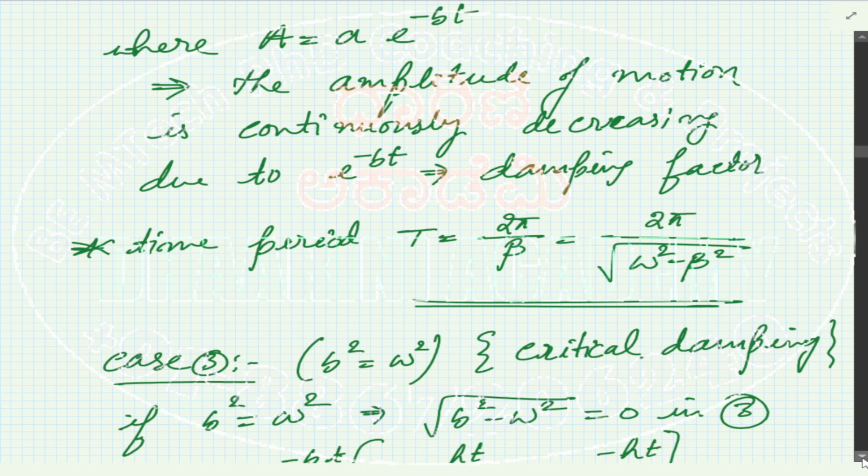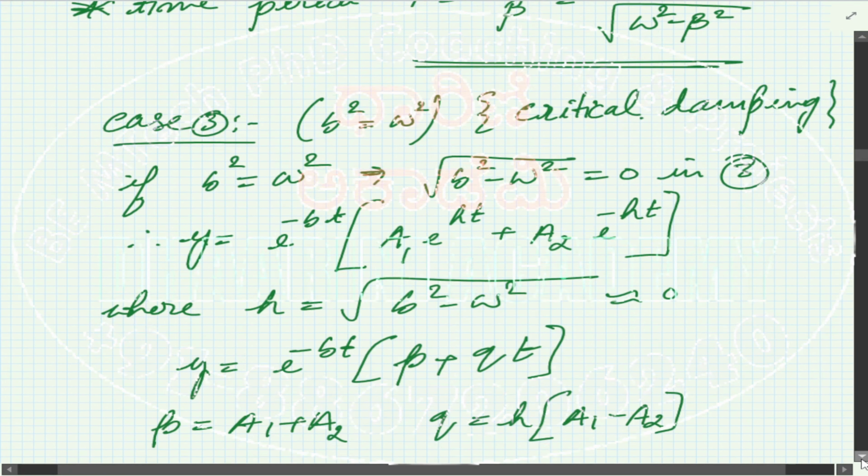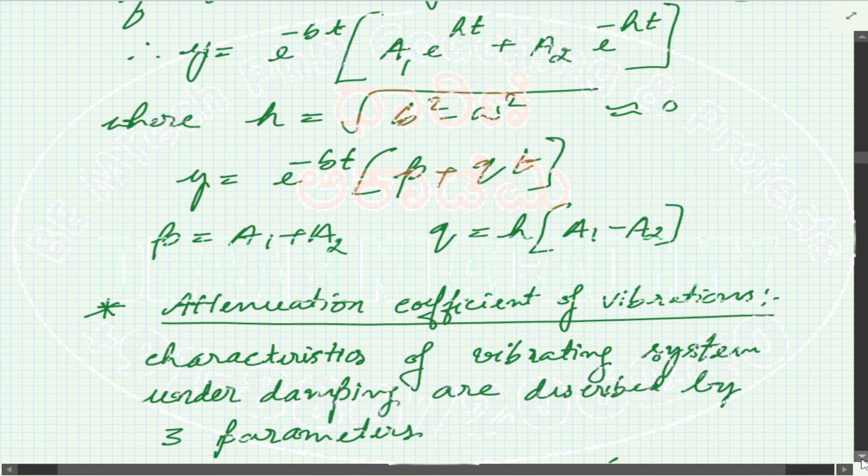This particular condition is called critical damping, so beta square is equal to omega square means that the difference is equal to 0. So what we do here now is we write the equation, that is y is equal to e to the minus bt,